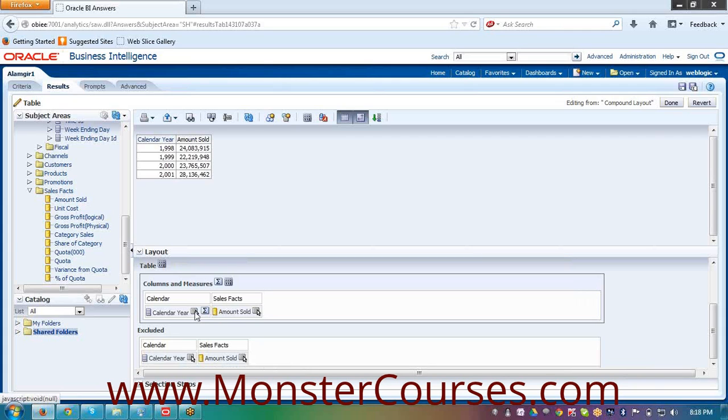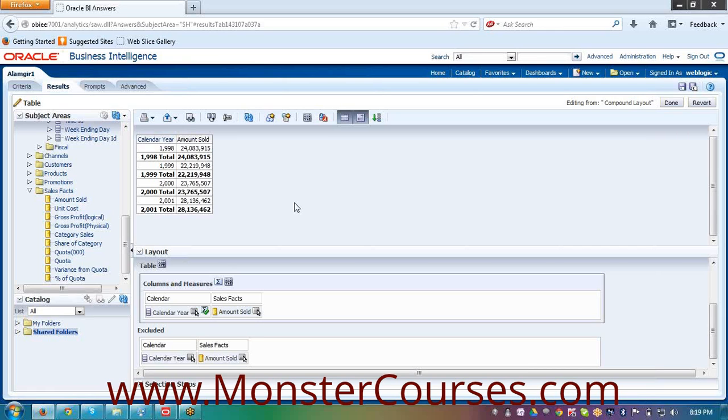Now you see this sigma symbol here, right? Now you want to find out the amount sold calendar year wise, for every year, let's say subtotals, subtotals according to the calendar year. Click on this and say after the rows, I mean after the column names, give the subtotal like this. So it will give you the subtotal now for each and every row, right?